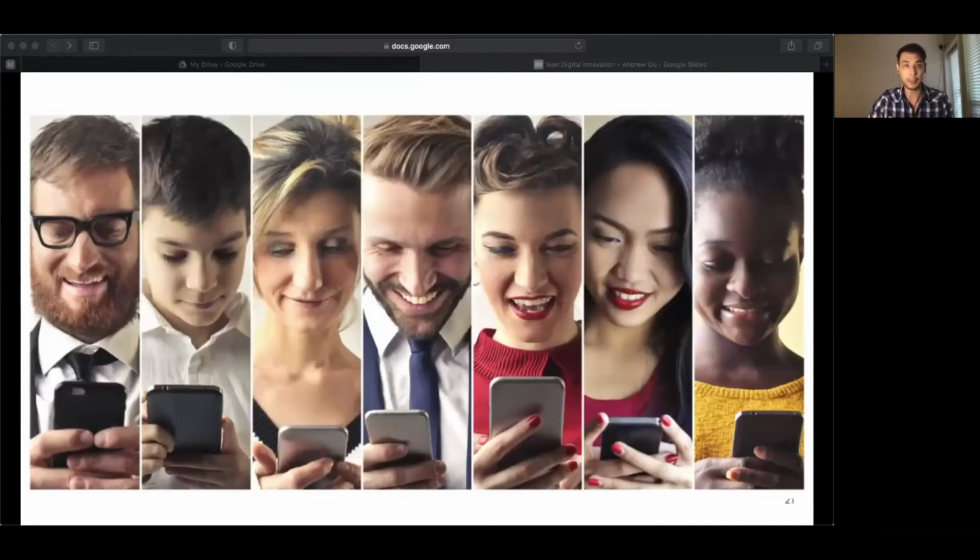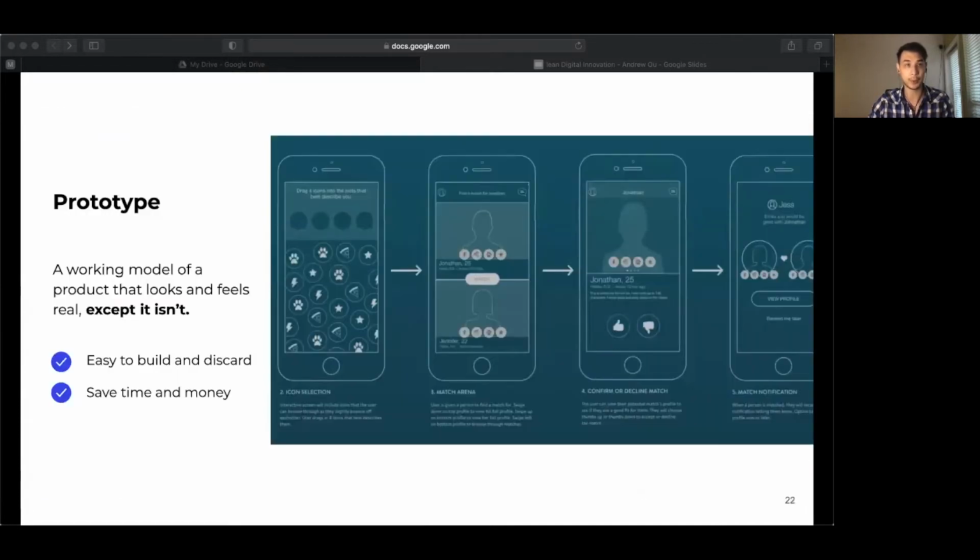And what I mean by this is that you can see your target audience use your product, hear their thoughts, their feedback, see their reactions, and hear their ideas, and get their response, which will give you even more confidence whether your product is a hit or not. The best part of this is that you don't have to build a product, spend tens of thousands of dollars, and 3 to 6 months to get the answer. You can do this in as little as a few weeks. And you can do this with prototypes.